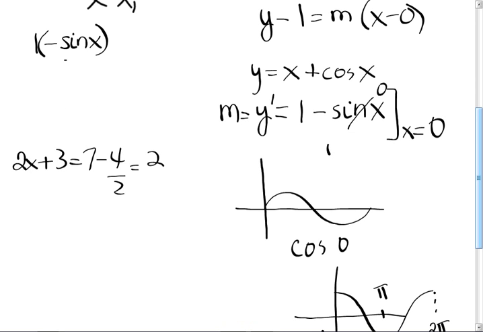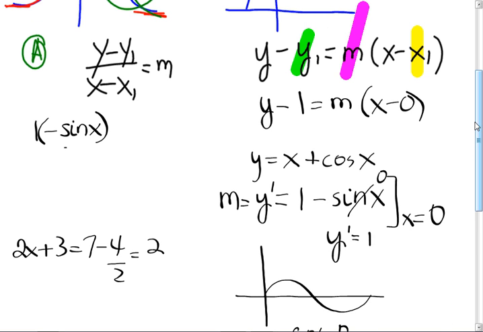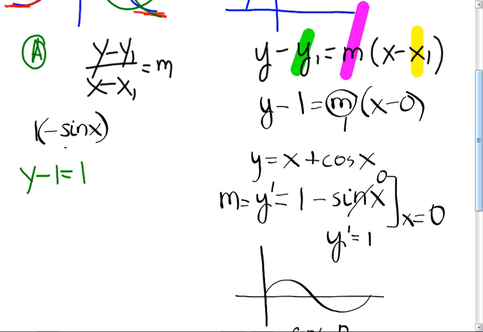So what's y prime equal to? 1. So I just put that back in here. That's 1. And I solve for y because they gave me y equals mx plus b. But if we can't do this, we're in serious trouble, right? I'm going to erase this, get out of my way. So I get y minus 1 equals 1 times x minus 0. So y equals x plus 1, and the answer is,